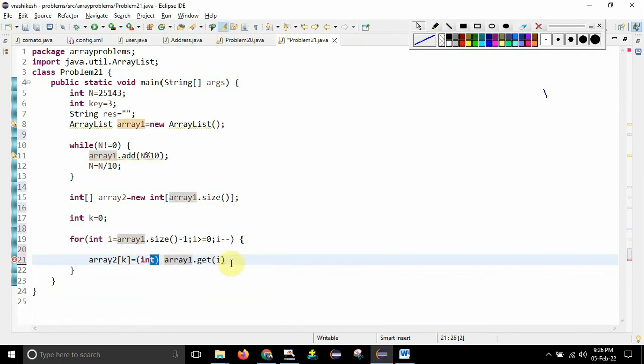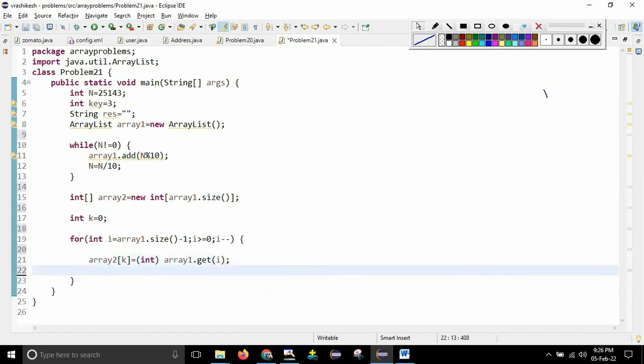So this means the array, whatever is there, I am converting it to the array. So this is an array list, guys, and I am converting it to type array. That's why this explicit typecasting is required here. Okay, and after this, what I want to do is increment the k,